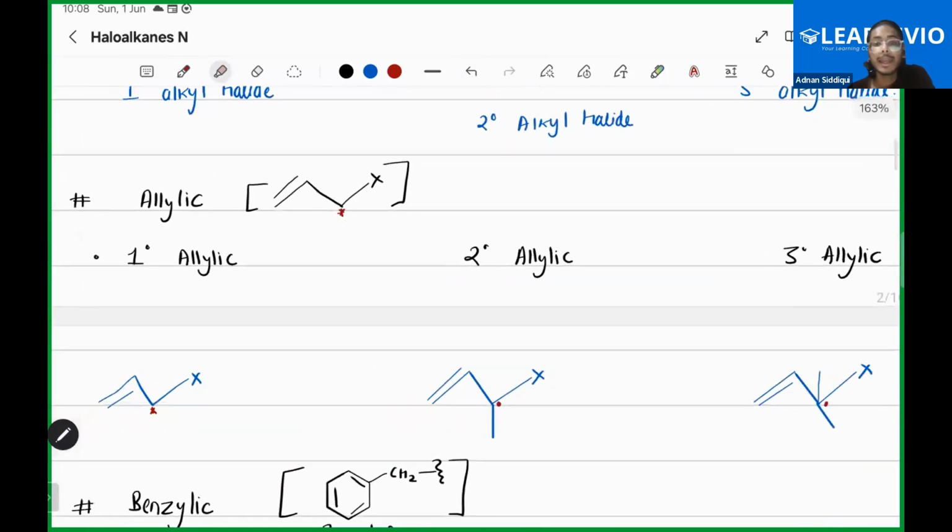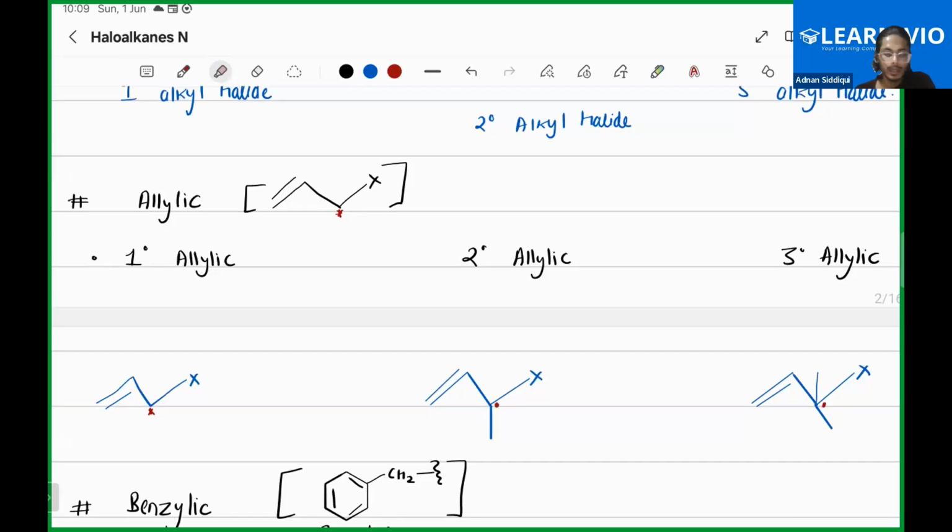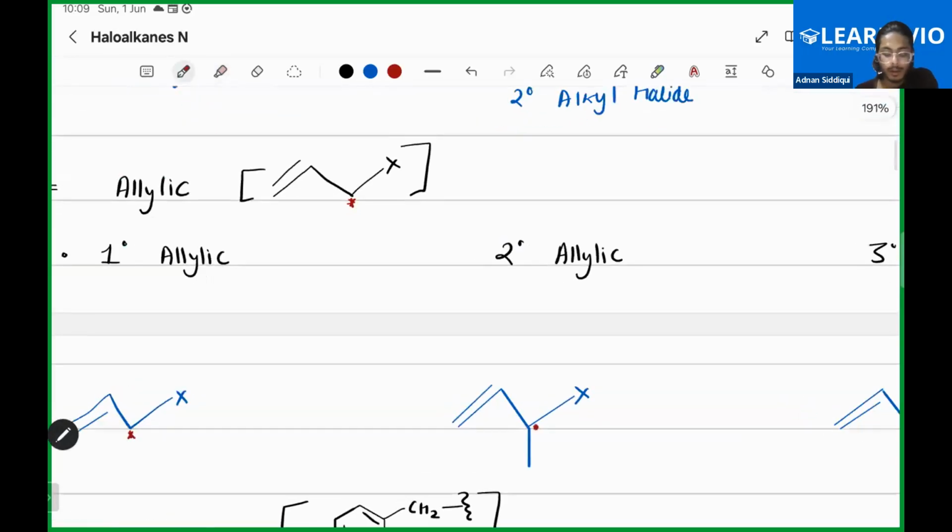Now, this allylic position. On the basis of allylic position, we can also differentiate between haloalkanes. Do you know what is allylic position? The allylic position is the position which is next to the double bonded carbon. This is a double bonded carbon, right? Yes, sir. The next position,